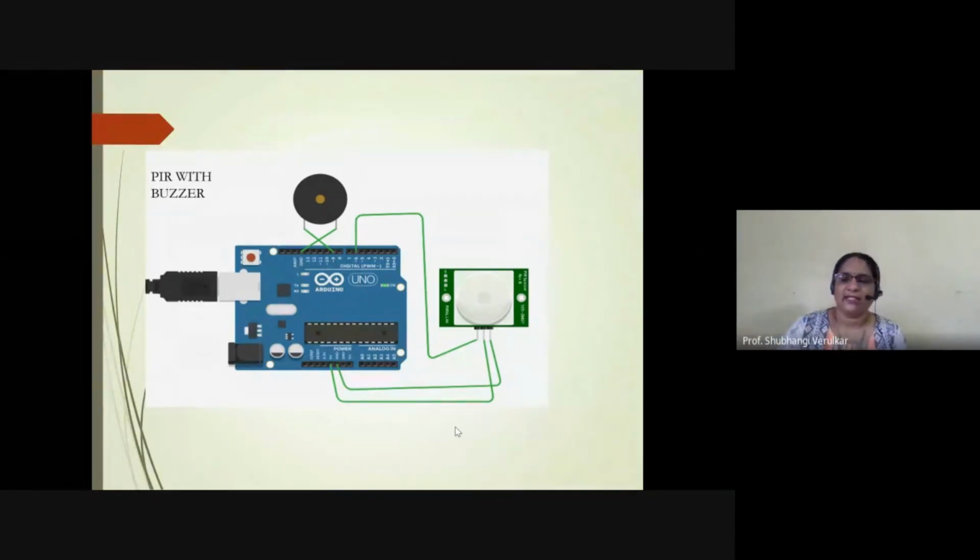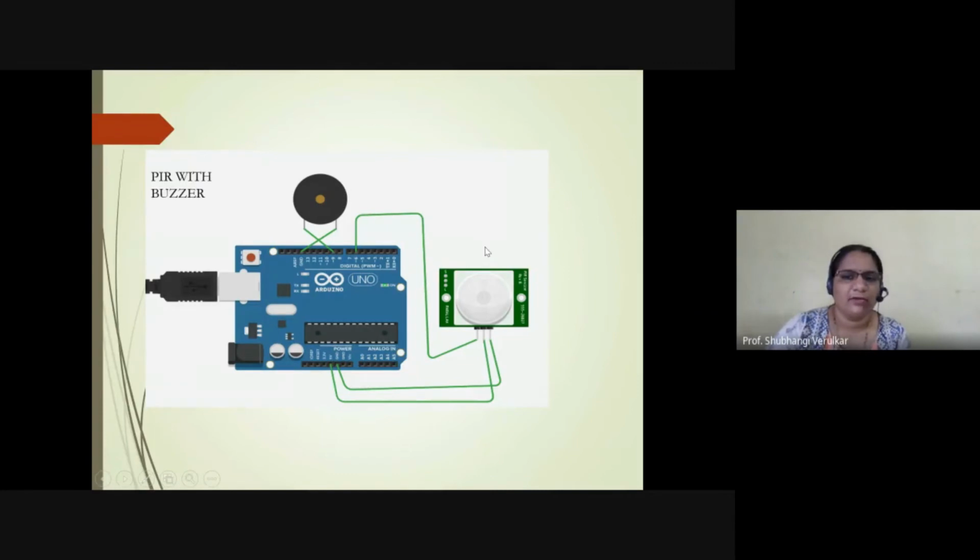That is a PIR sensor. This is a PIR sensor, a passive infrared sensor, which is going to read the heat of living beings like humans and animals, and which will inform accordingly. So you can connect a buzzer, you can connect an LED, whatever you want to do, you can work out. So this is the PIR sensor in front of you.